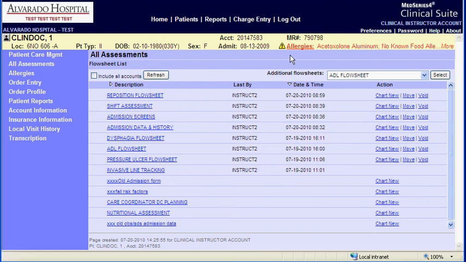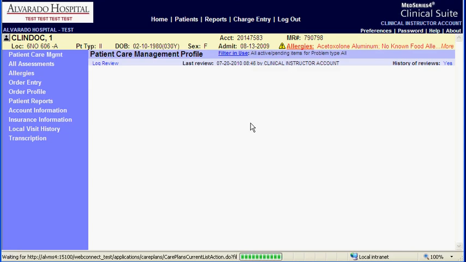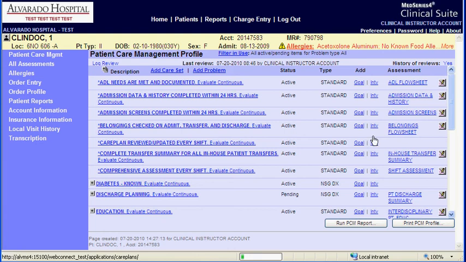Now let's review the process for modifying, voiding, and also performing co-signature when working with preceptors and students. We'll begin the process with modification of entries. From the patient care management profile, simply select a flow sheet that you want to modify entry for. For example, we'll click on the ADL flow sheet